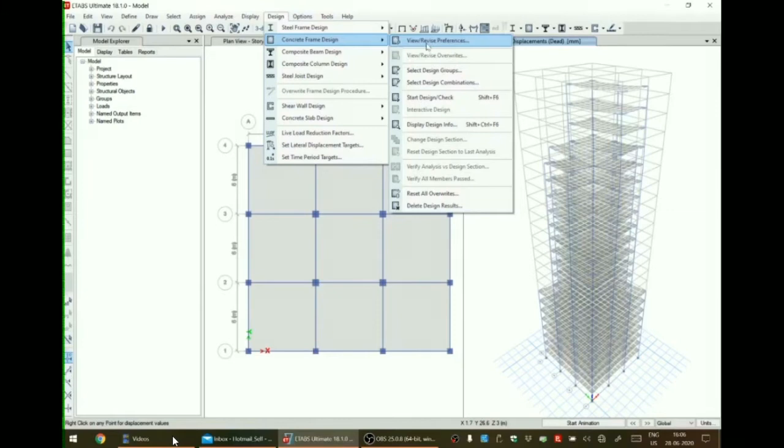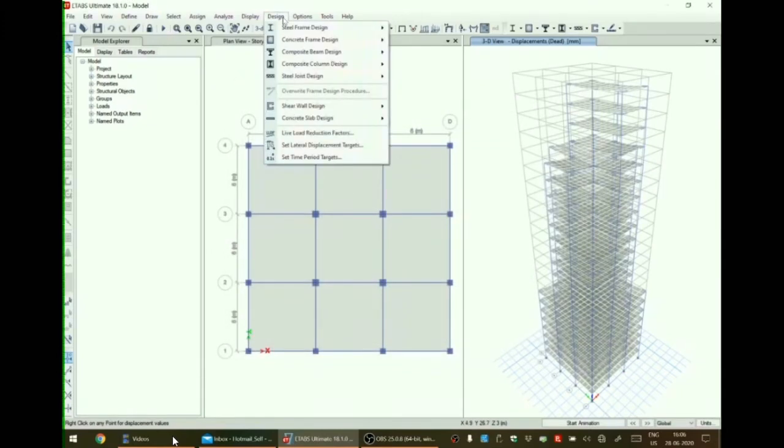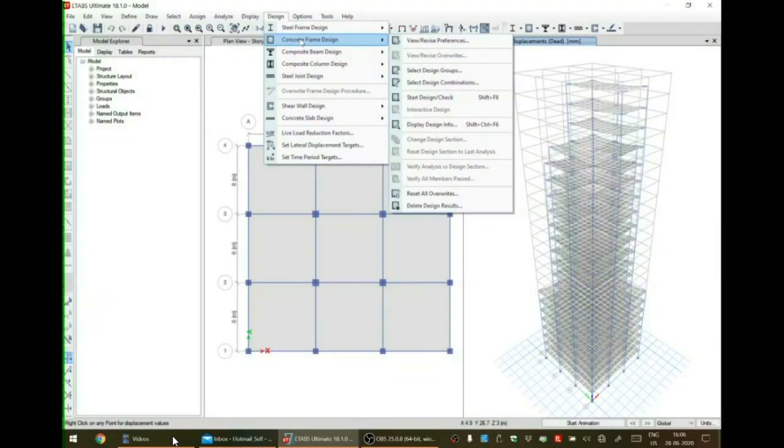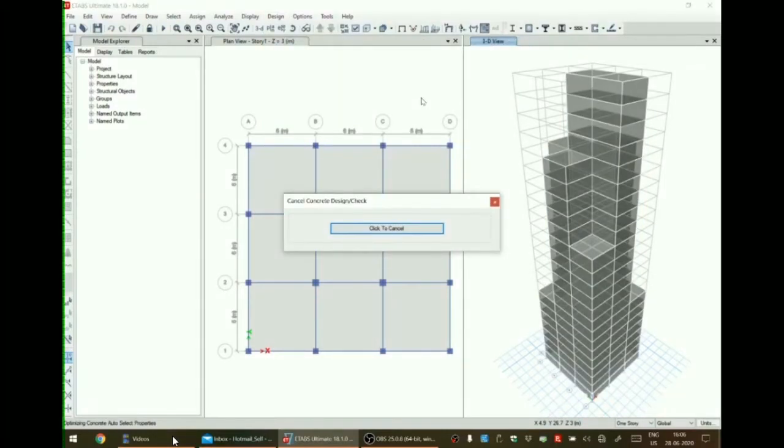Now to view the preference of design, let us check that design code IS 456 is already selected. So it is OK. Now from design menu, let us concrete frame design. Let us start the design phase. It will take quite a bit of time.